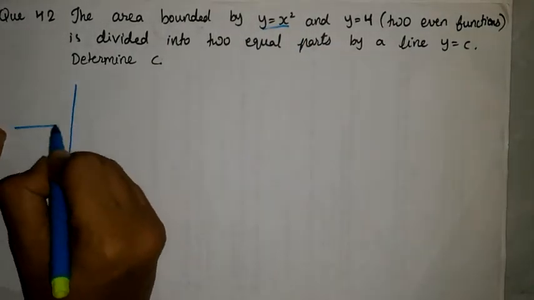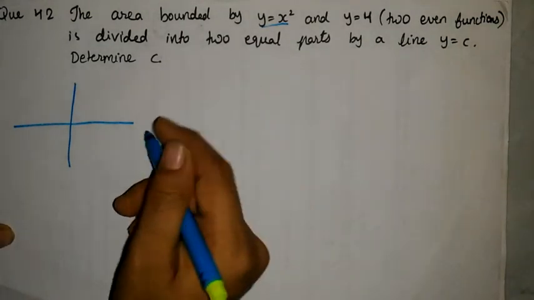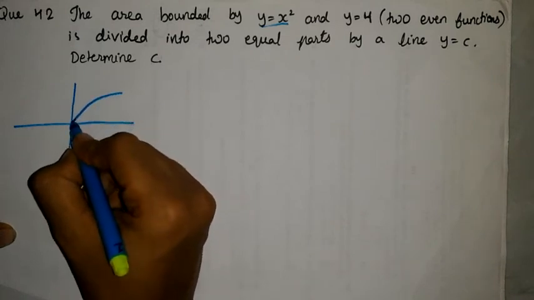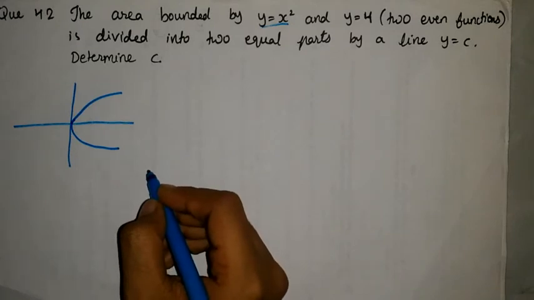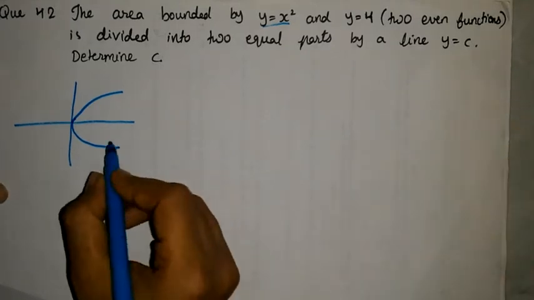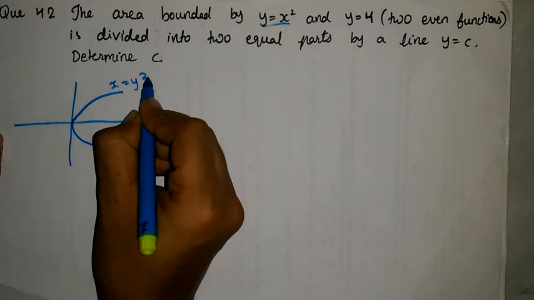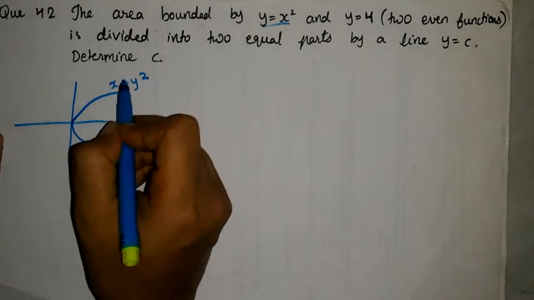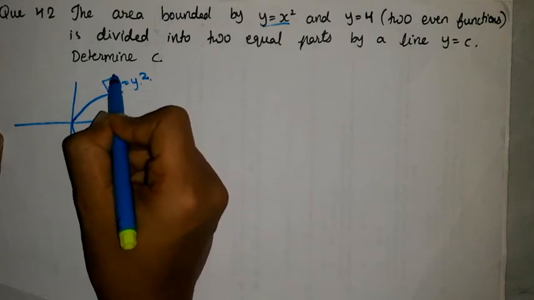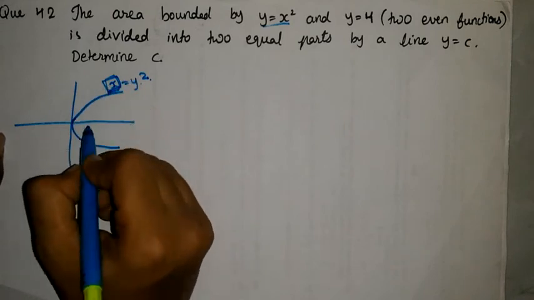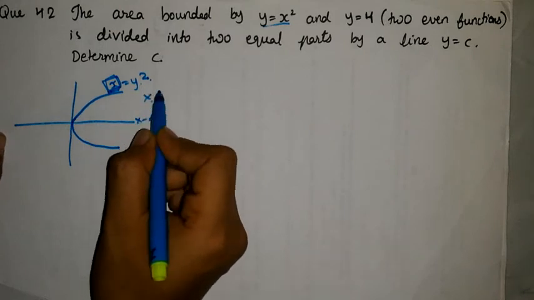Y is equal to x square. The graph looks like this. No, sorry, I have drawn the graph of x is equal to y square. This is x is equal to y square. How to remember such a graph? Whenever we have to draw x is equal to y square, whichever term is linear, meaning it does not have a power, on that axis we have to draw. So this is the x-axis, and this is x is equal to y square, so this is not our graph.